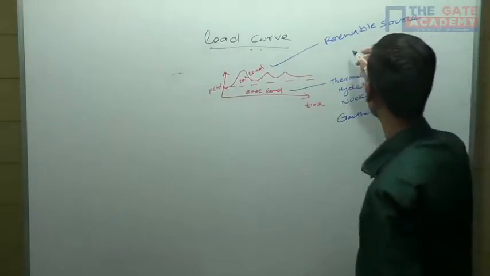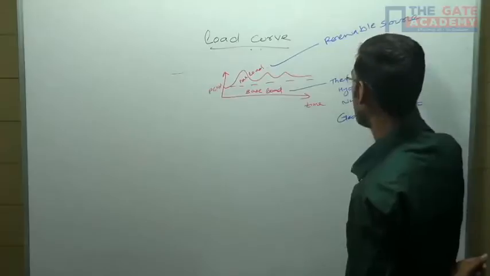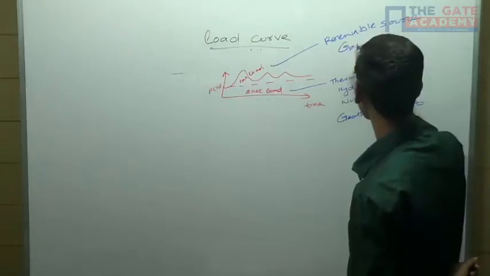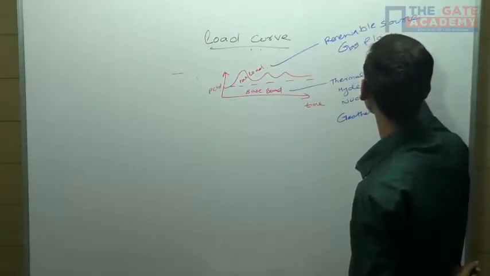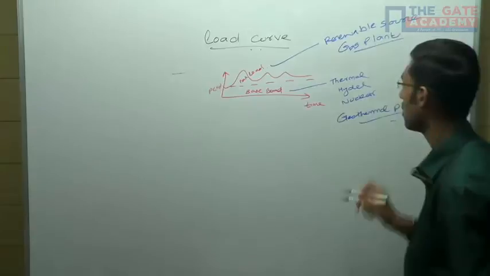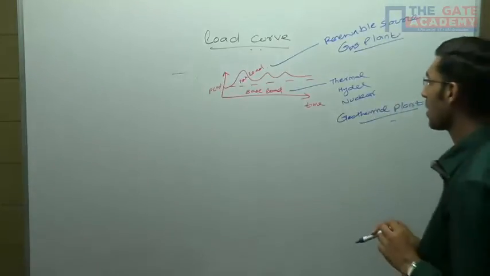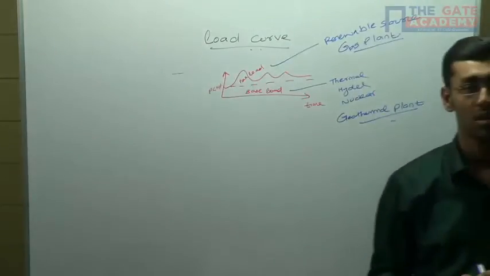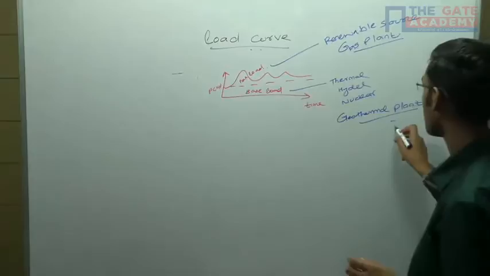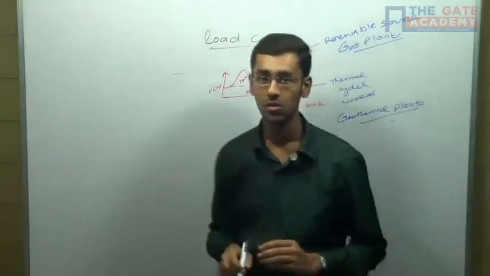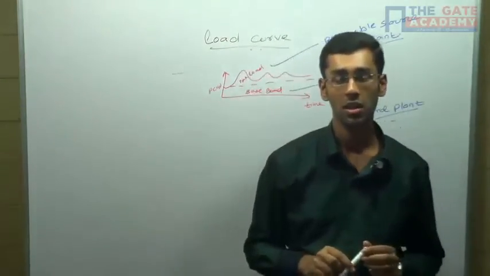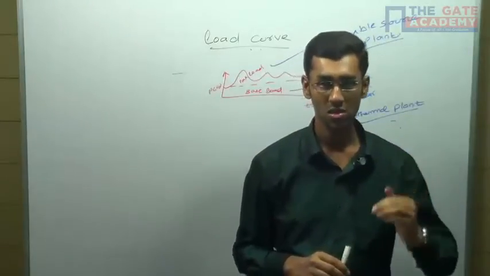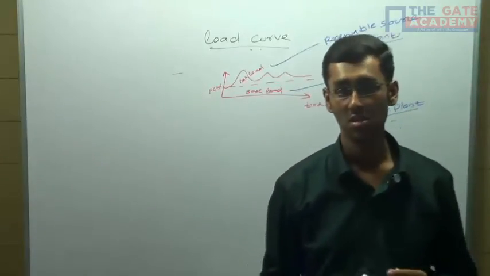Now here also it is all the renewable sources of energy, wind, solar, and there is one more called gas plant. Gas plant is an exception here. So this is what you need to remember. Base load can be supplied by thermal, hydel, nuclear, and all other conventional sources of energy, with an exception, which is the geothermal plant. Whereas peak load can be supplied by renewable sources like solar, wind, and the exception, which is the gas plant. Now we will see a set of questions which make our understanding a bit clearer.